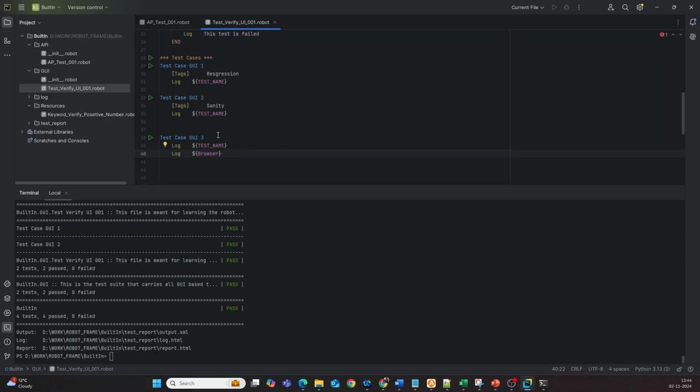and I will try to pass this variable from my command line, and for that the syntax will be, so I want to execute the GUI test number 3 using the test tag, and I will be using the command line option as variables. I'll copy paste this, and the variable name is